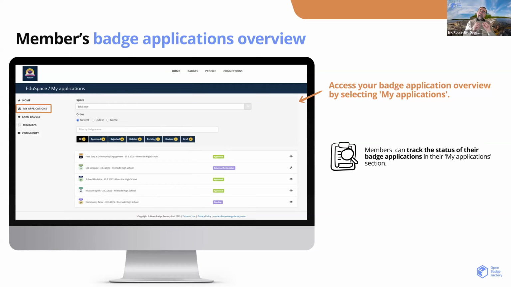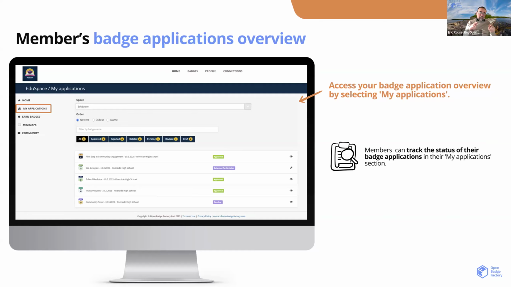But in the space, the idea is that you can invite teachers or tutors or mentors or whoever you want who don't need to access Open Badge Factory. Open Badge Factory is more a place for designing badges. It's more the badge team area. Here you could have 50 teachers working in the space and they don't have to access Open Badge Factory.